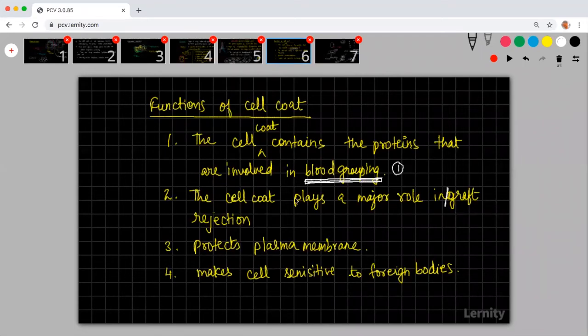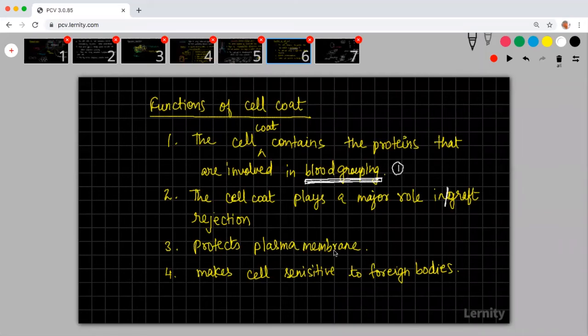The second point tells what happens if a rejected organ is placed. After you place it only, you will know whether it is accepting or rejecting. Once it is rejected, nothing can be done. That organ has become waste, and he has to be treated with some other organ. So it is a waste of process.